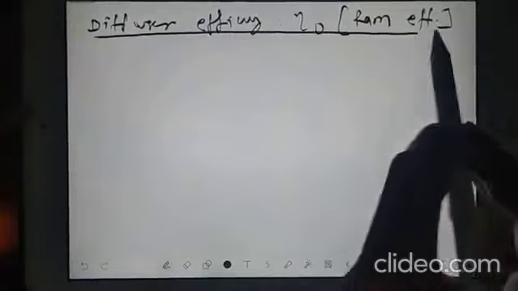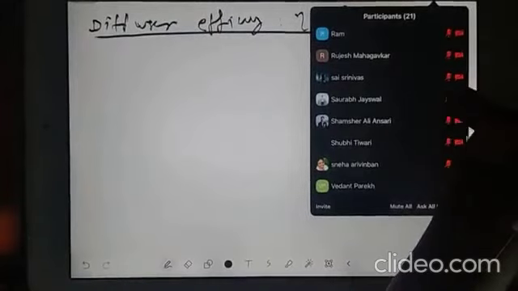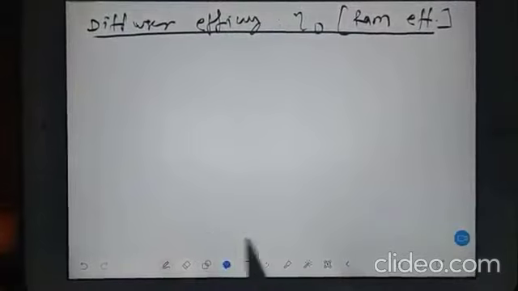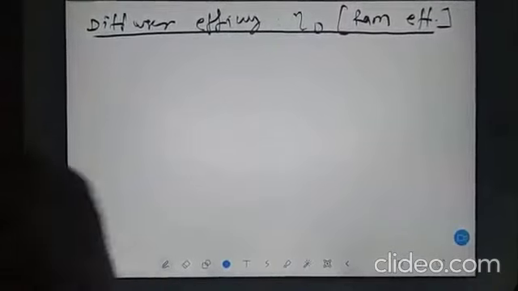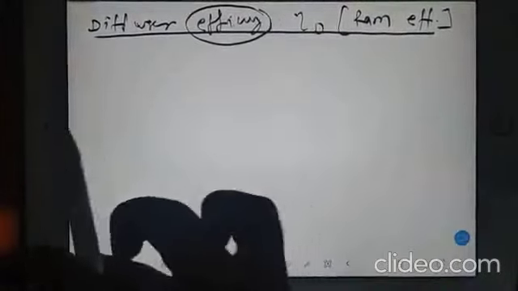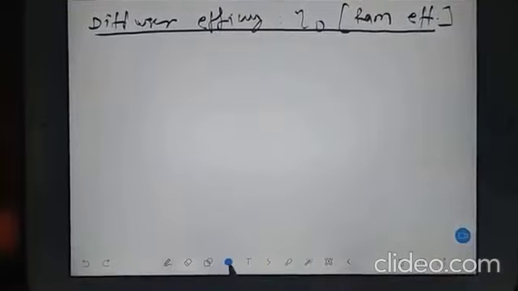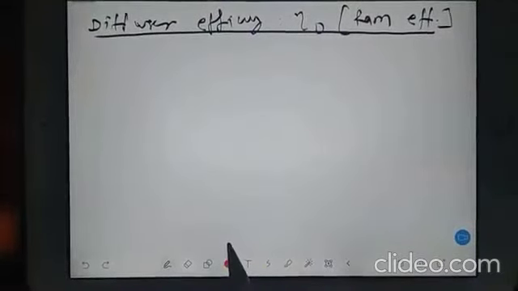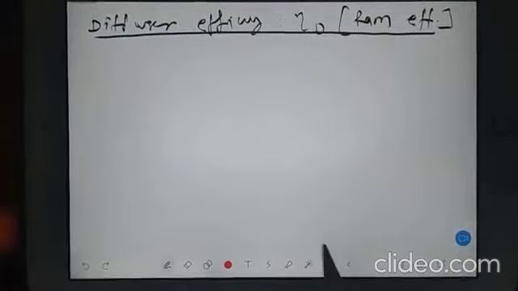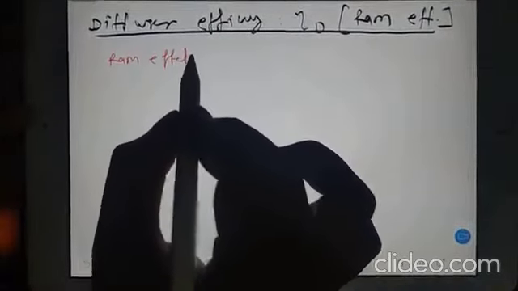So in my class I have a student, his name is Ram. How efficient Ram is, we can calculate using this formula. So what is RAM efficiency? When we talk about efficiency, theoretically we achieve some result, but in real life we achieve some other result, right? Because actual devices are not 100% efficient. So first you write RAM effect,